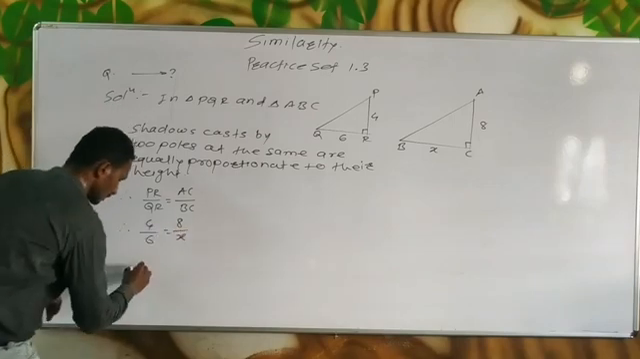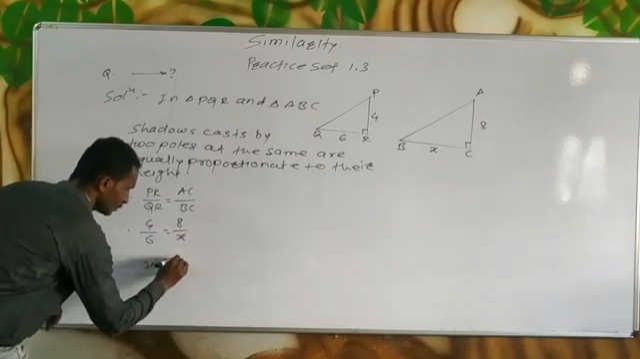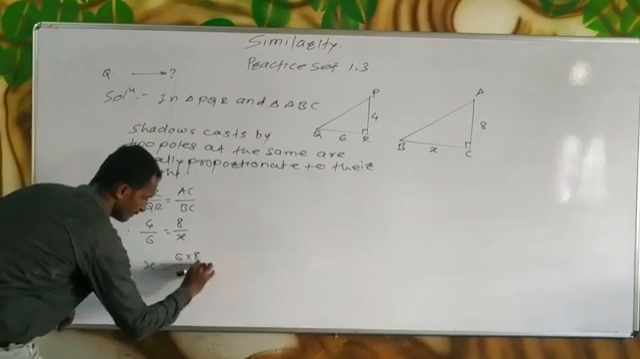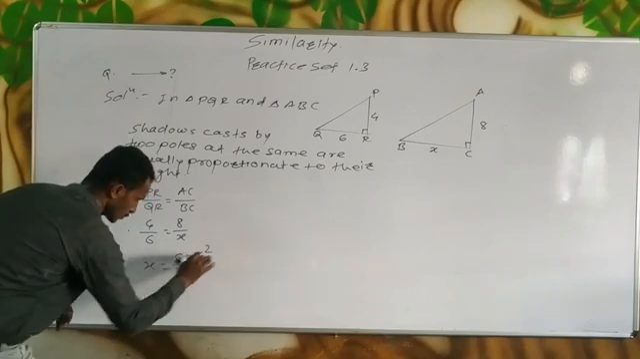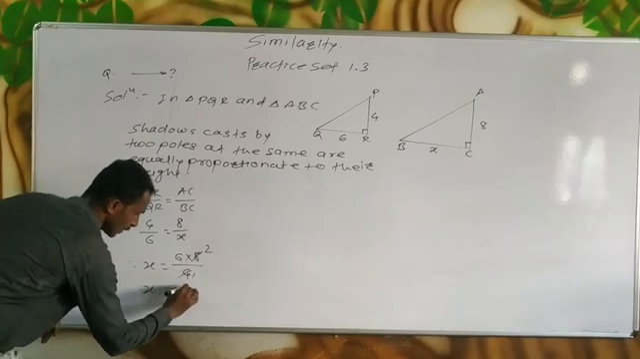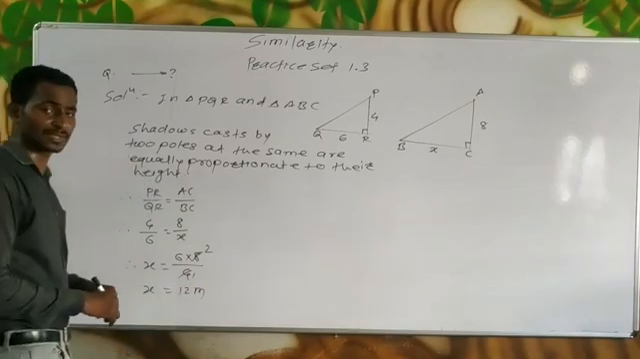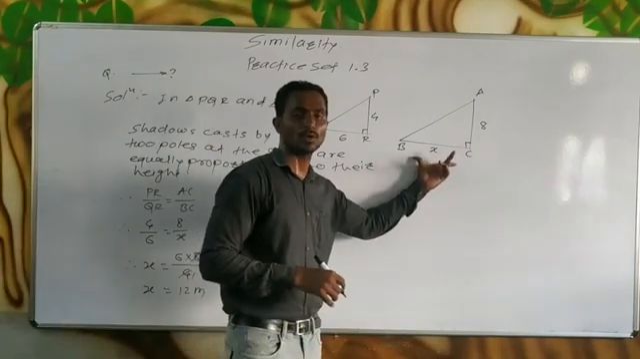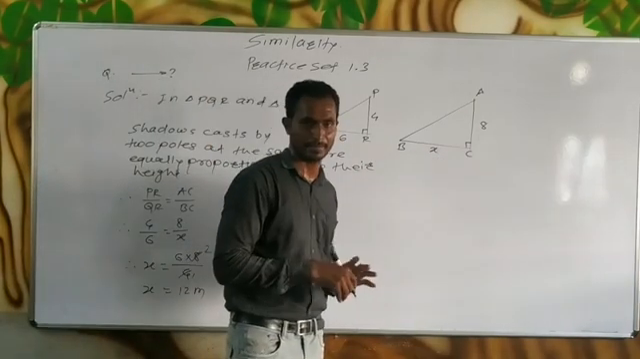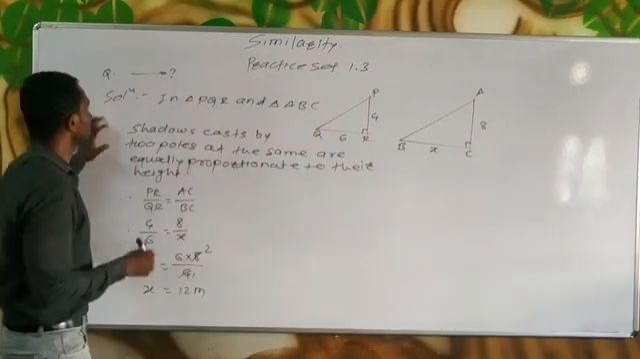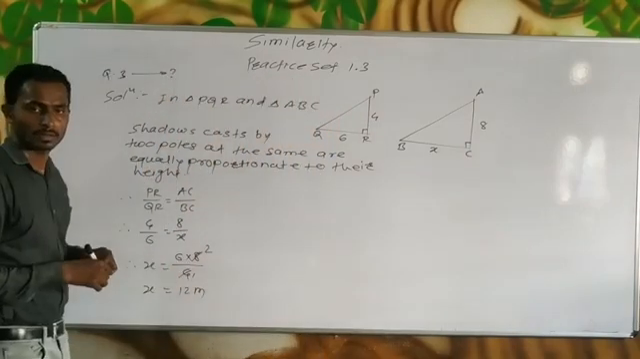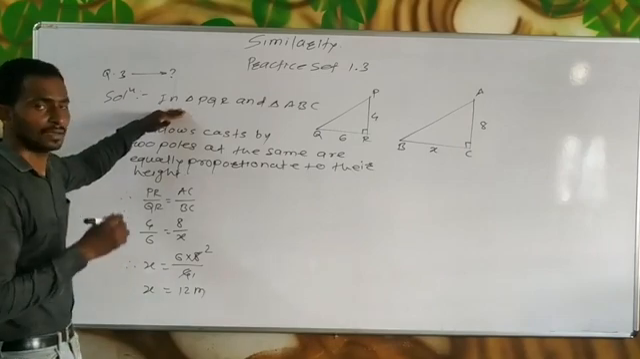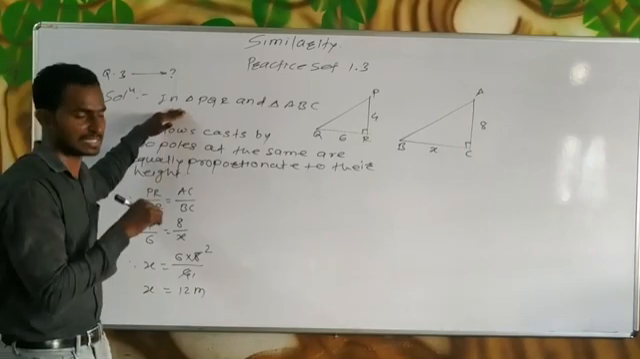So here we can cross multiply: X is equal to 6 into 8 divided by 4. So 4 twos are 8, 4 sixes are 24, so X equals 12 meter. X equal to 12 meter. This is the length of the shadow of the second pole AC. So this is your question number 3rd, that is the height of the second pole AC, that is equal to